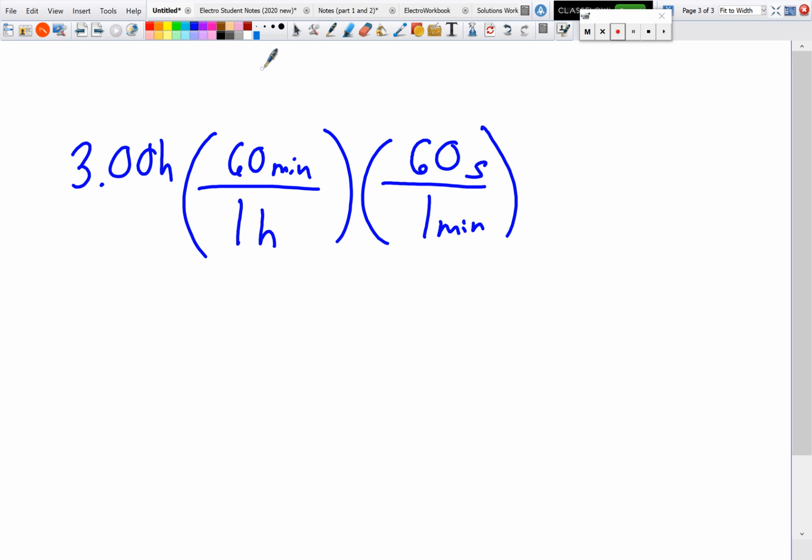So how this conversion factor is set up, we can tell that the units of hours cancel out, and now from our second conversion factor the minutes cancel out, and we are left with, in this case right here, 10,800